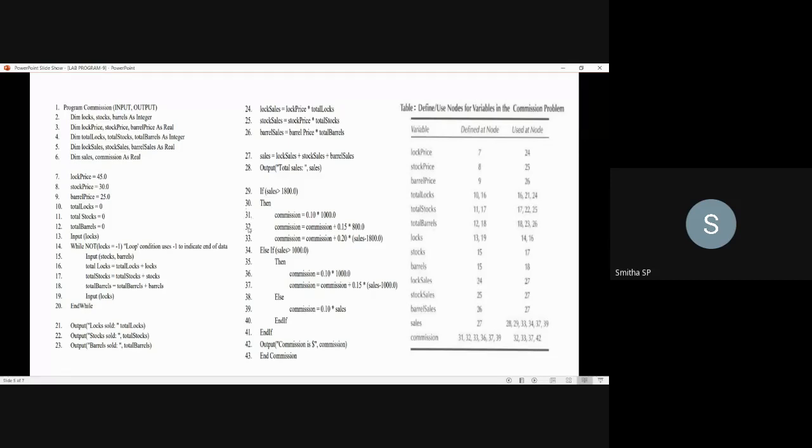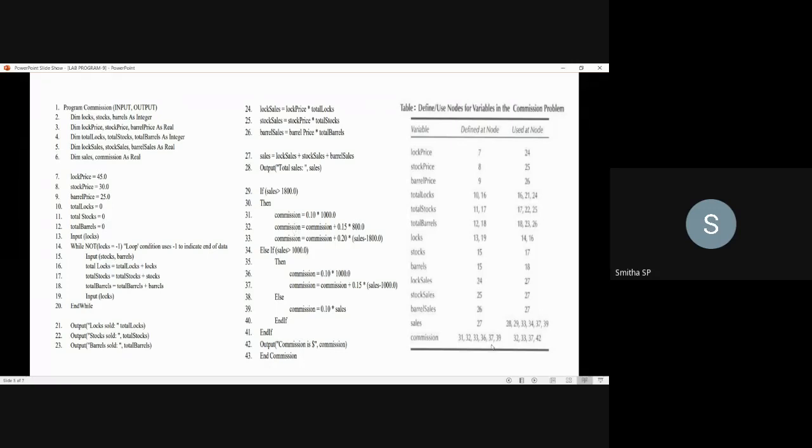Next, the commission, where you are using this commission, it is defined first at the 31st. Then you are using it at the 32nd and 33rd node just to update those values. So whatever the commission value you will be getting here, you will be using this to update the new commission. They have used the same name, that is commission, in all the three nodes. That is, they have defined the same variable in the 31st, 32nd, and 33rd node just to update those commission values.